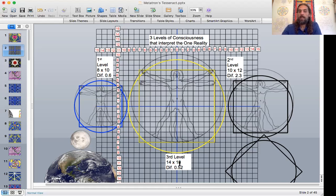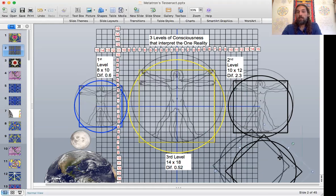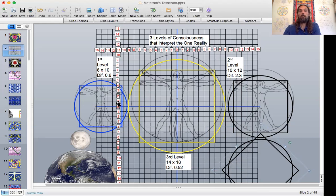So 14 by 18 is giving you a difference of 0.52 between the phi relationship. So our level of consciousness is really rapidly evolving from the 2.3 state of a disharmonic. And, you know, some of these actually are in proportion to a person's height, and I know that might sound a little out there, but he did this